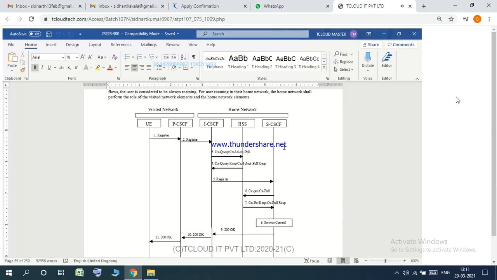Sir, actually, I have a doubt here. What is the logic that every time the service is coming from the home network, even if we compromise the time here? Only the home S-CSCF can fetch the subscriber information of the user from the home HSS,